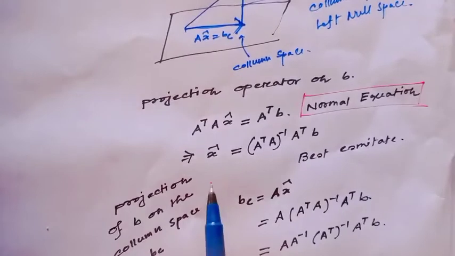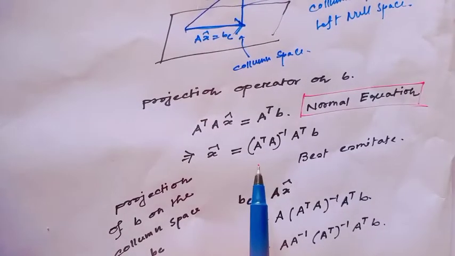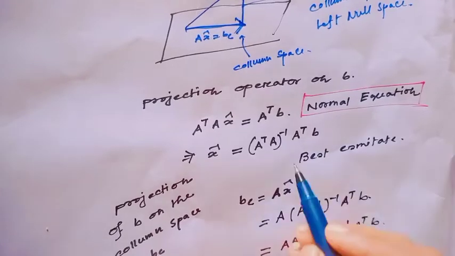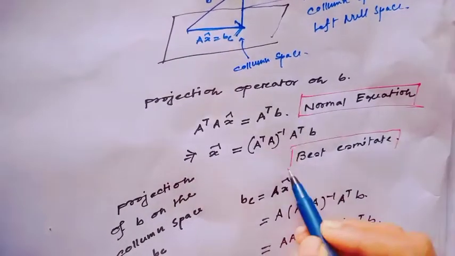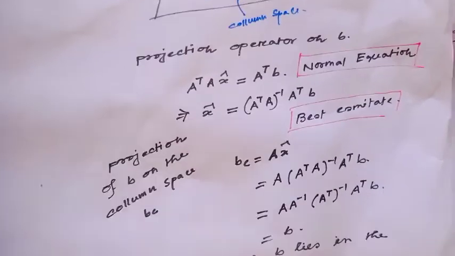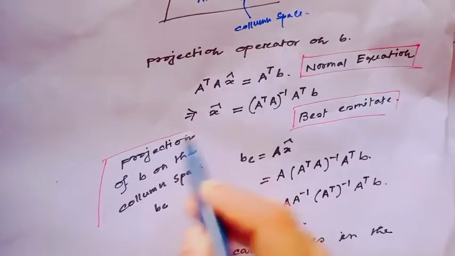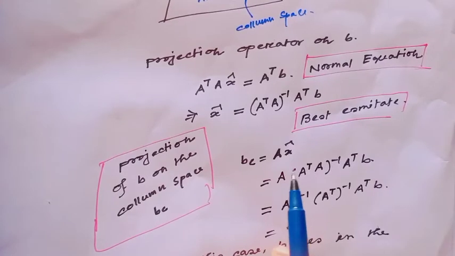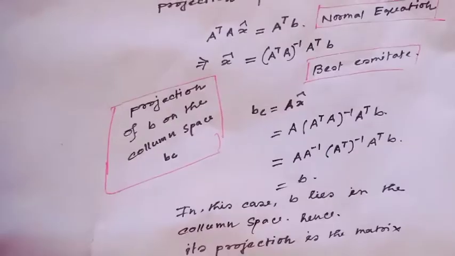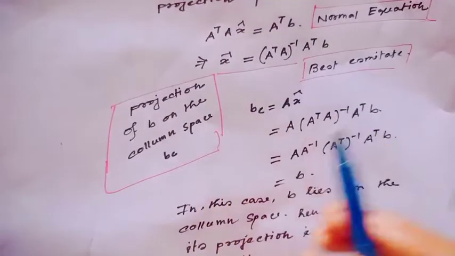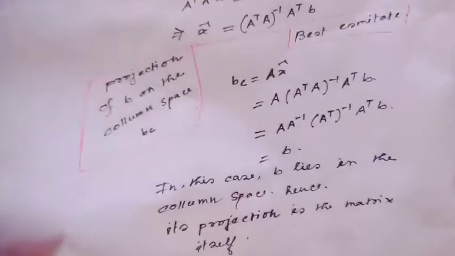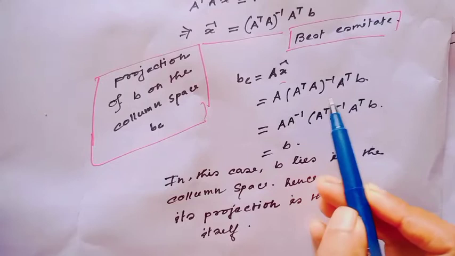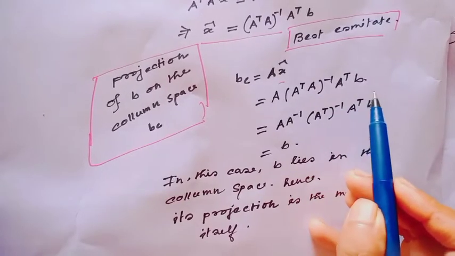That means obviously x tilde equal to (A transpose A) inverse A transpose B. This is actually the best estimate. Then the projection of the vector B on the column space, Bc, is Bc equal to A x tilde. Now put the value x tilde here. Then this would be A times (A transpose A) inverse times A transpose B,